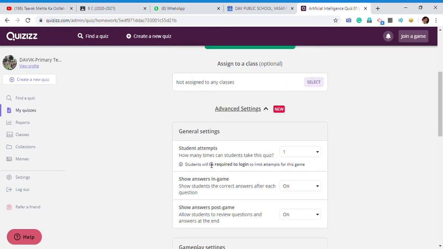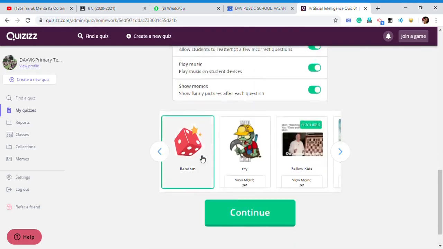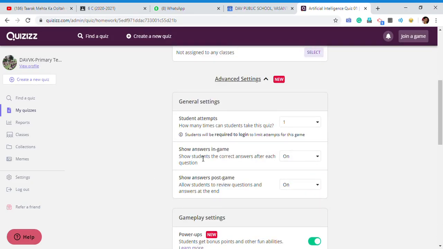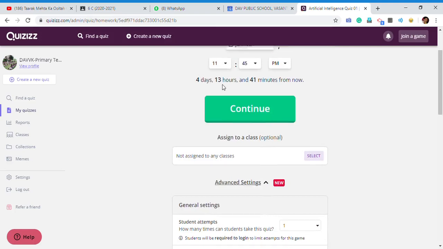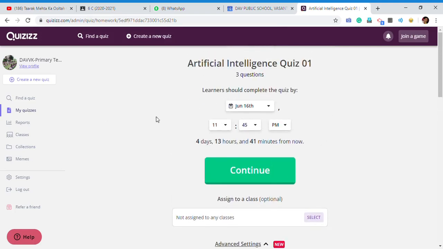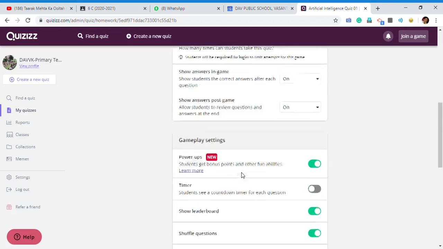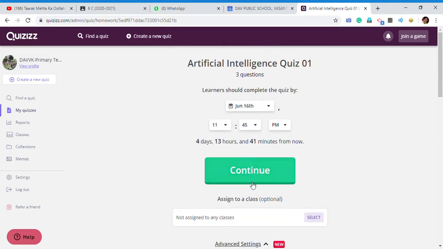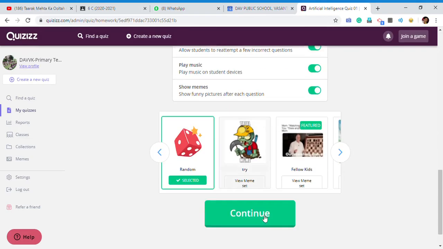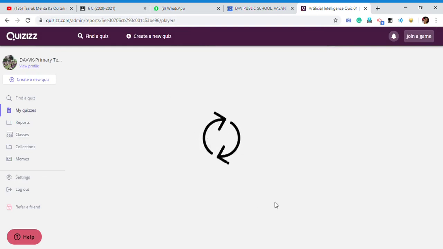So these are the settings which are required only in the case of examination or evaluation purposes. Then you need to make some changes there. Otherwise, just after clicking on the scheduler and making your schedule, you can click on continue. And if you have done some advanced settings, then you can click the continue button here also. Both have the same purpose. Just click on continue.